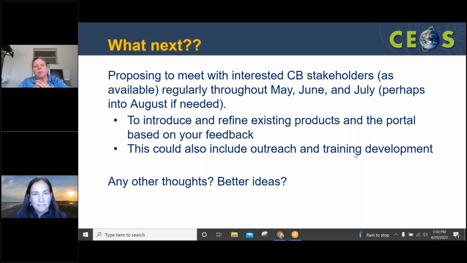I think our goal is to just find out and maybe have a discussion about whether or not you guys are interested in meeting for the co-design, co-development process with us. We envisioned it happening... we have a report out that is due in September. So we wanted to take advantage of the summer, May, June, July, into August if necessary,